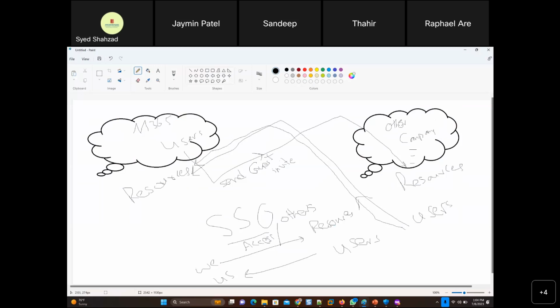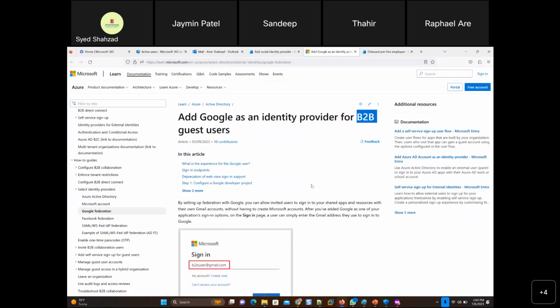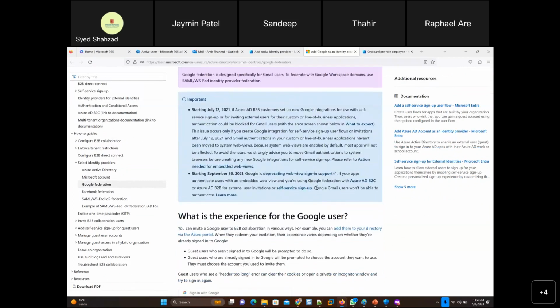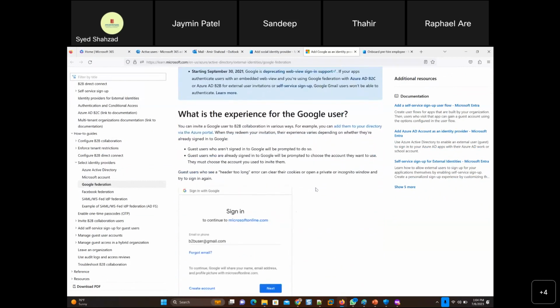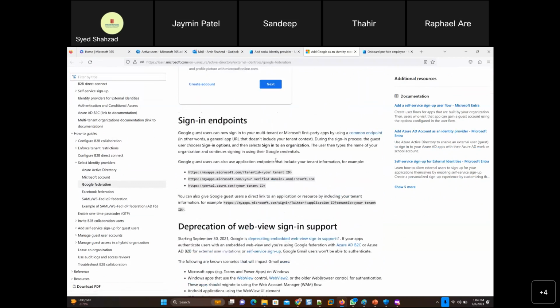So when you want to connect the whole company, again, this is a document for that. And some of the steps would be familiar, that we have gone through for the authentication purpose, the SSO lab. So Google guest users can also use applications and information, same steps there.